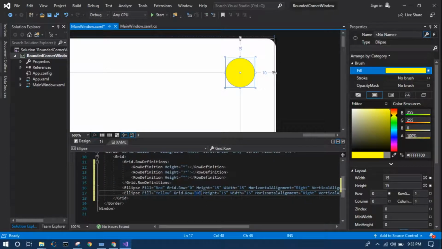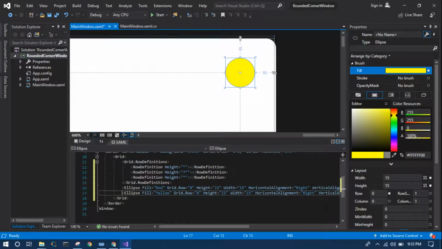And as soon as you do that, the yellow comes into the top and the red is still lying in the back end. So the way the XAML recognizes the controls is like a layer functionality. Whichever comes first goes in the back, and whichever comes last goes into the front. You can even see it in the document outline